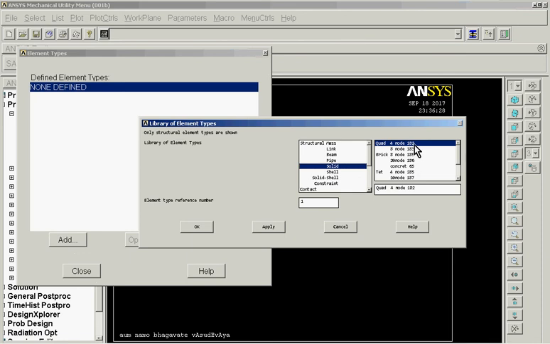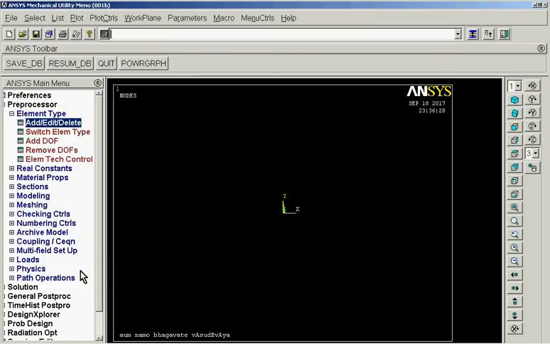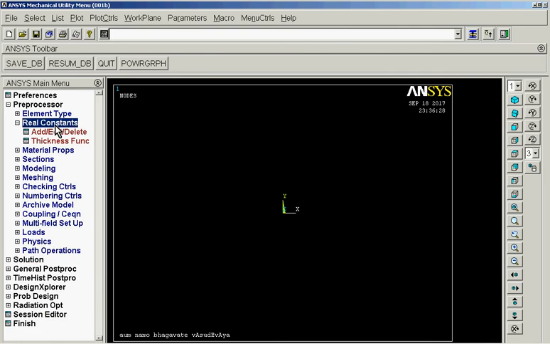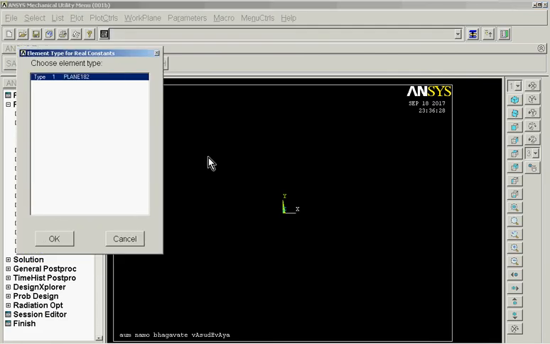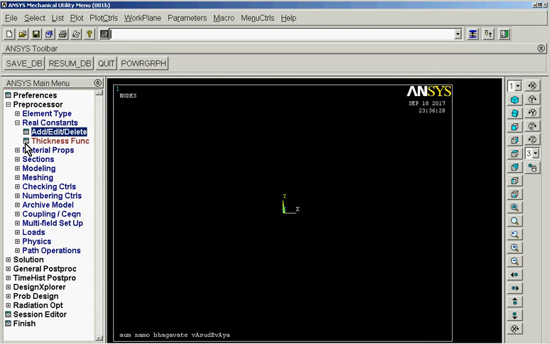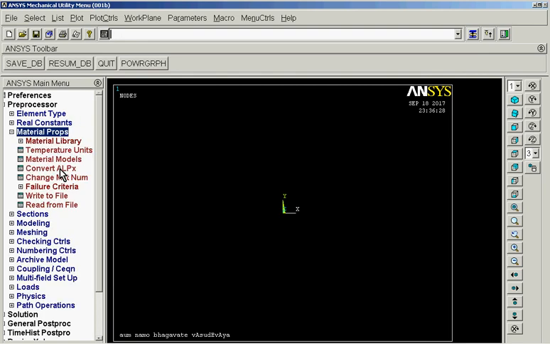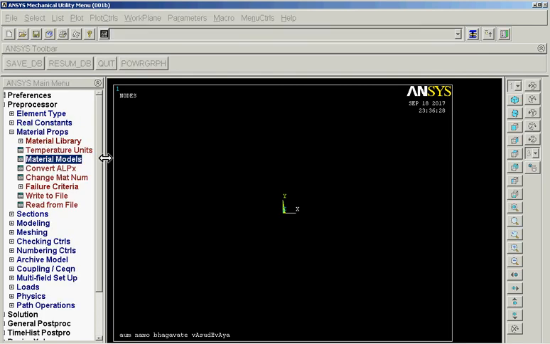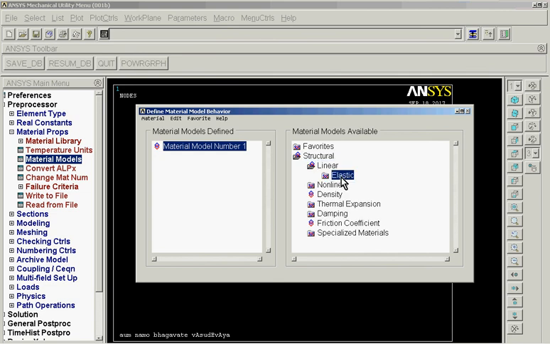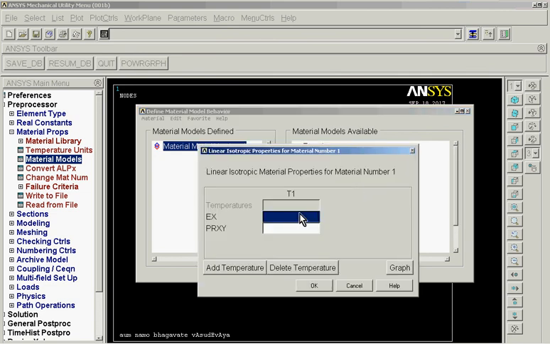Right now I'm going to just go with a quad 4 node element. I don't need any other options, and I don't think there are any real settings that you need to do. Yep, there are not. Set the material properties: go to material properties, material models, structural, linear, elastic, isotropic, and set